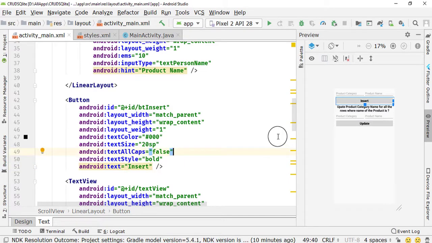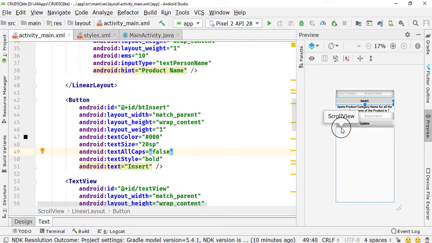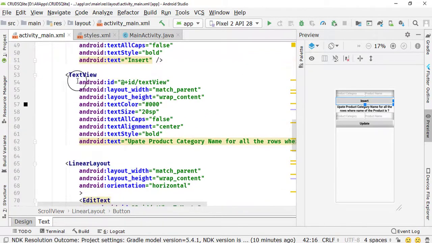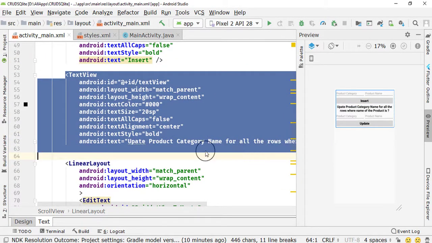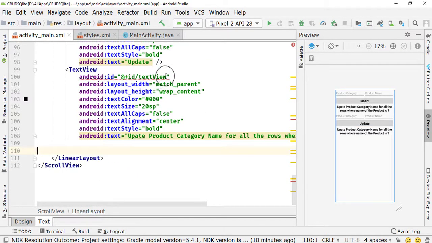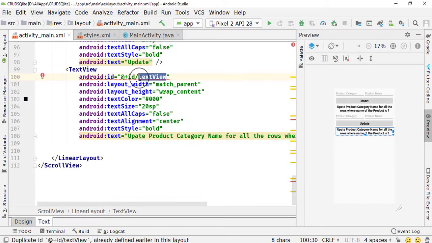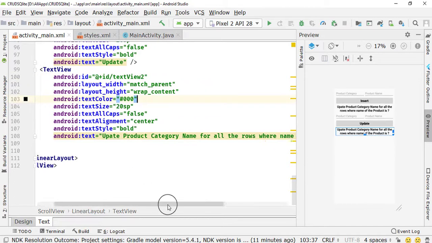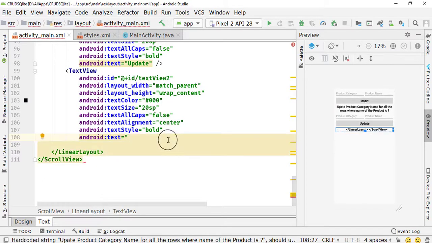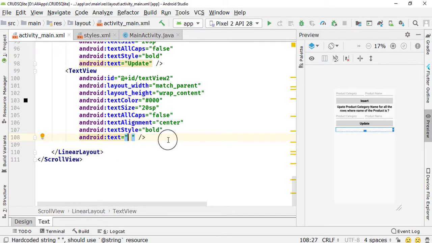So that's actually done now, the creation of these two important things. The next thing we want is to actually specify another text view. So I'm going to copy a text view code again to save a little bit of time. Copy it and paste it outside of this button code inside the root linear layout. Then I'm going to change the ID to simply 2, because we are not going to fetch the ID of this inside the activity code. Then just removing this text, and after that here I'm going to write the text.